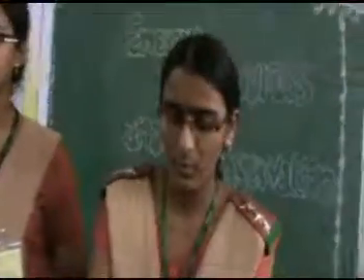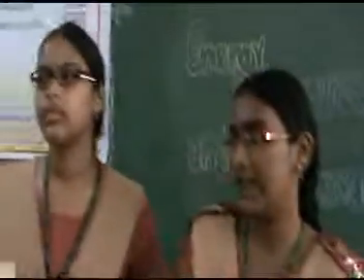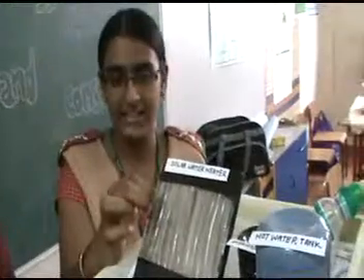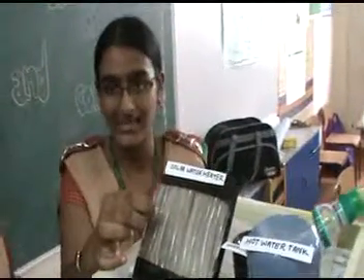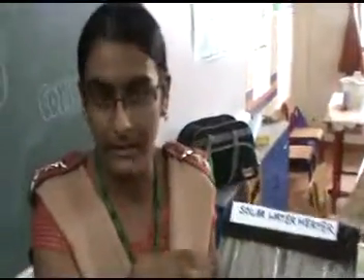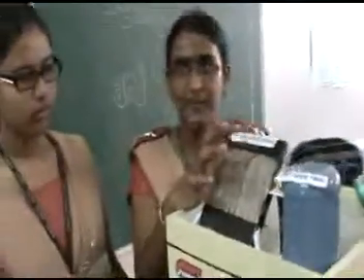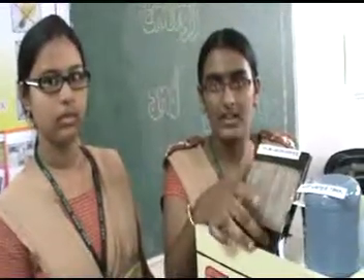And next is the solar water heater. A solar water heater consists of a box which is painted black from inside. This box contains copper tubes which are fitted in the form of a coil. These copper tubes are painted black from outside. This box also contains a thick glass lid. We have chosen glass because glass has the property to absorb heat but does not let the heat escape from it. During the daytime, as the sunlight falls on these copper tubes, when the cold water runs to this